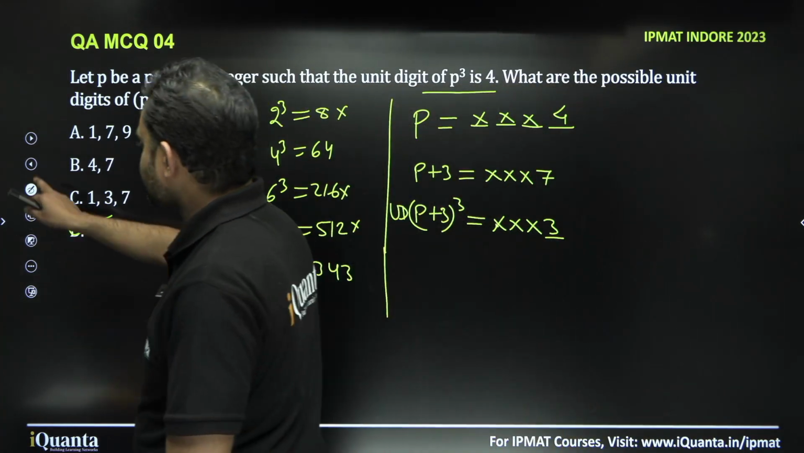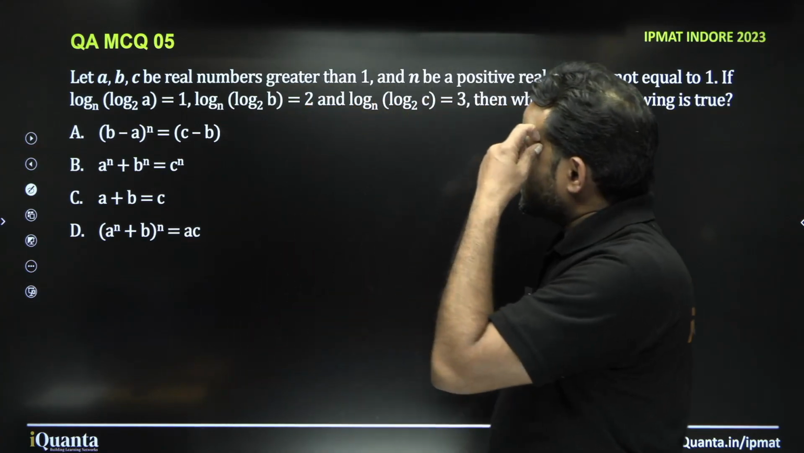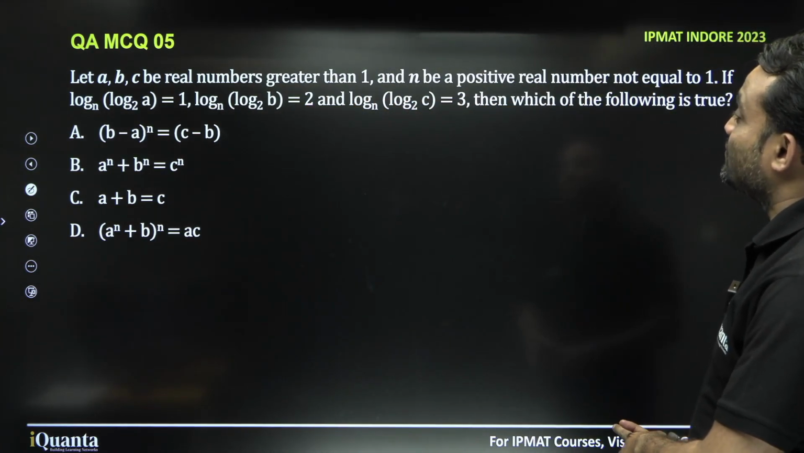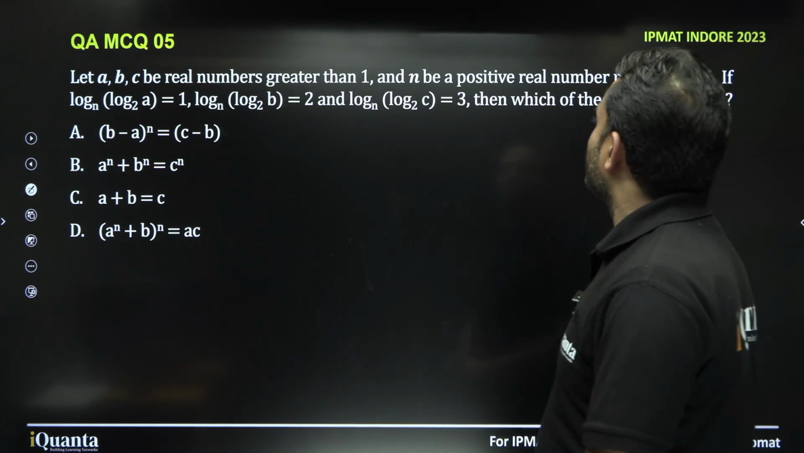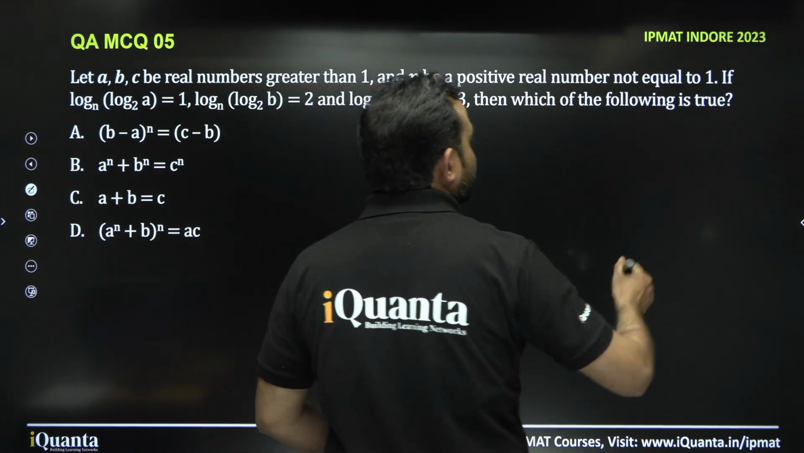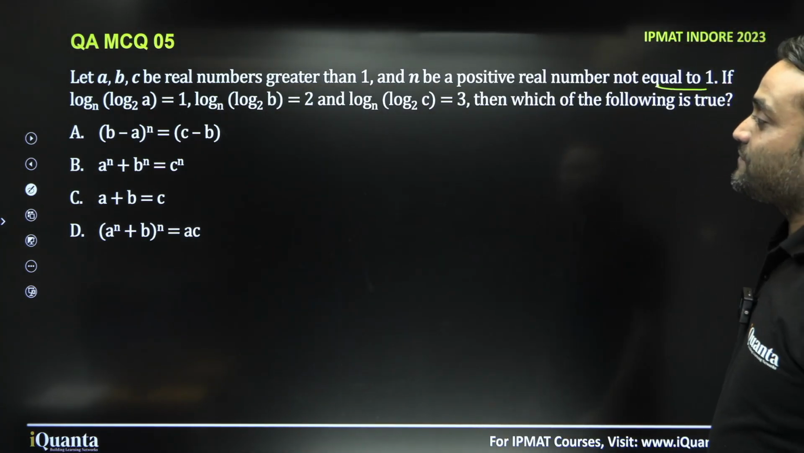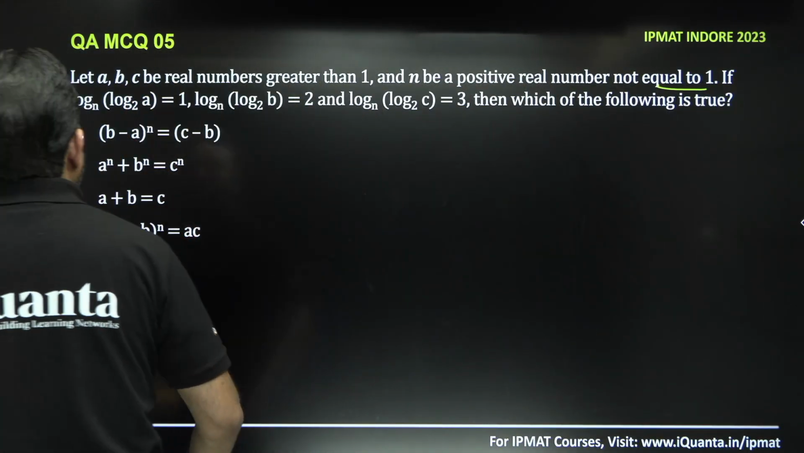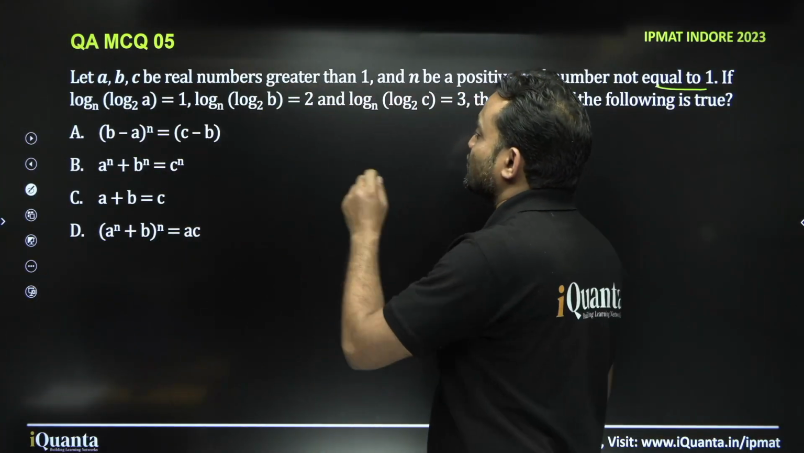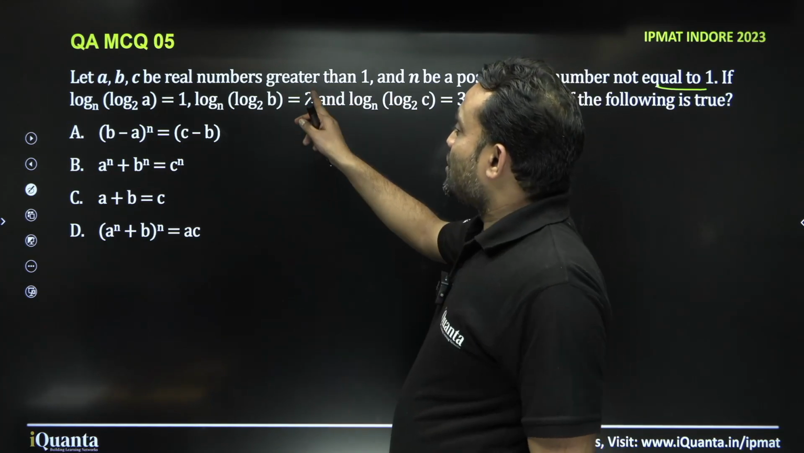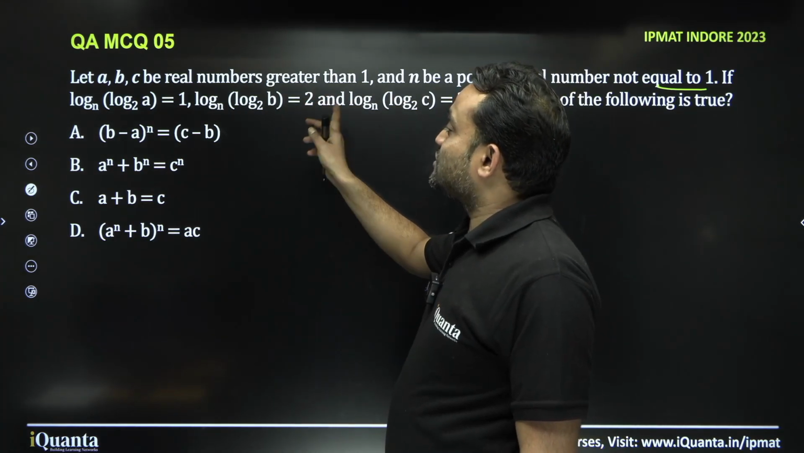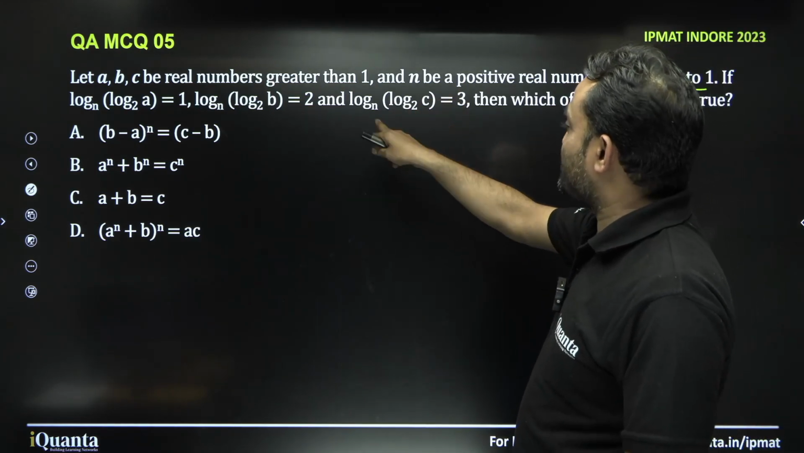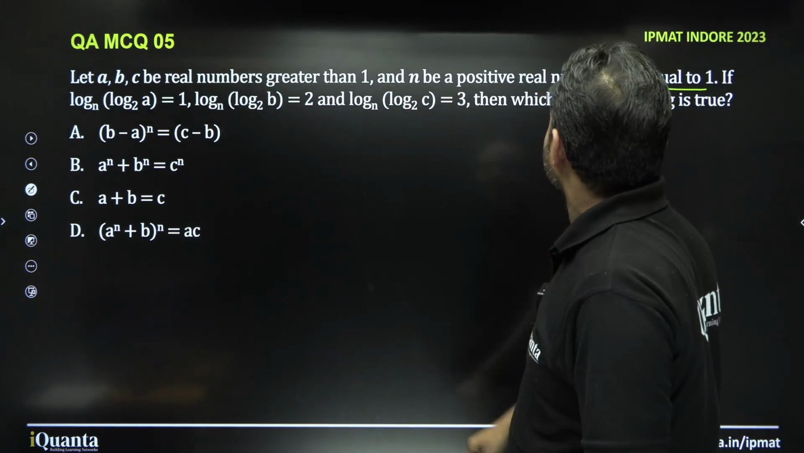Okay. Now, next question, it says let a, b, c be real numbers greater than 1 and n be a positive real number not equal to 1. If log a base 2 to the base n is 1, log b base 2 to the base n is equal to 2 and log c base 2 to the base n is equal to 3, then which of the following